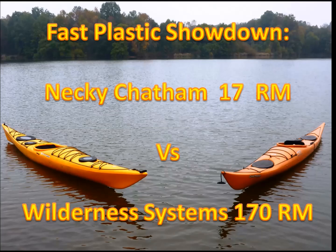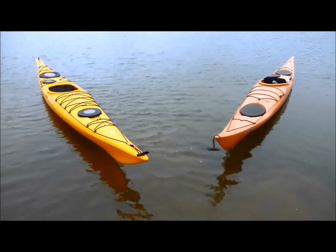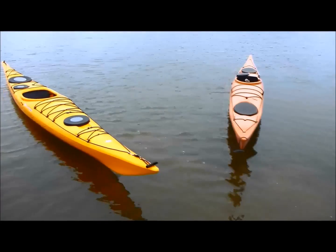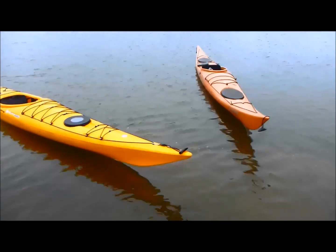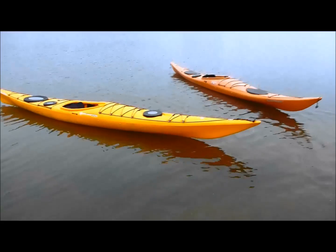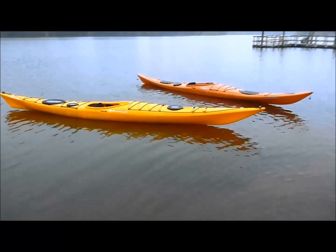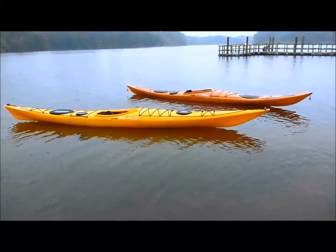Hey, it's Mark from boatsandbikes.com, and today we're doing a comparison with the Wilderness Systems Tempest 170RM and the Necky Chatham 17RM. So, why these two boats and why only these two? Well, they're really the biggest guns from the biggest US conglomerates, and really, because they're so incredibly similar that they needed to be compared, but they're also kind of divinely different, so I thought we'd check it out a little